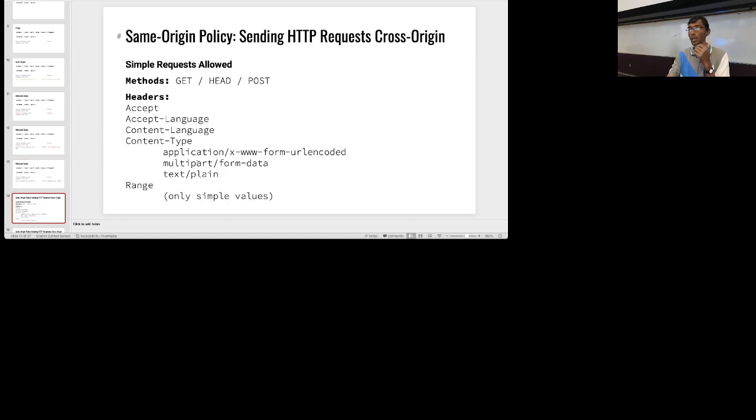So this is a policy enacted by the browser. The browser doesn't allow the response to be delivered to the requesting source. What would happen if it's not? If it's not a trusted browser, then it's possible